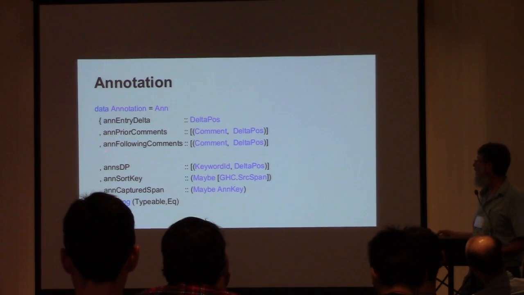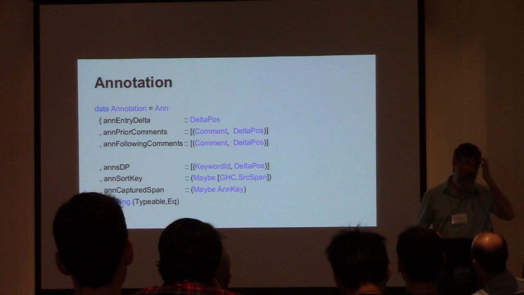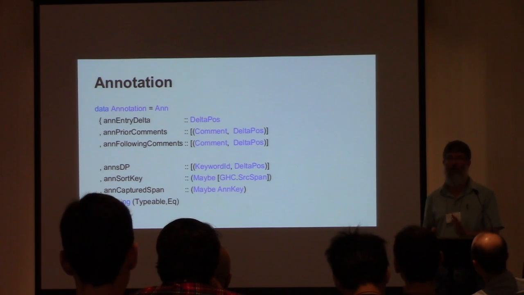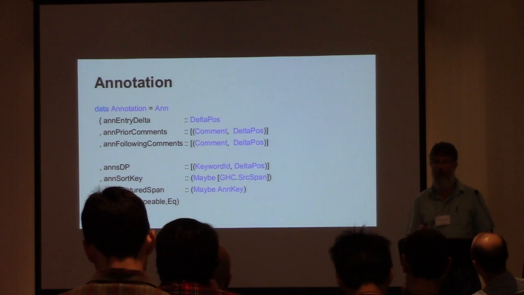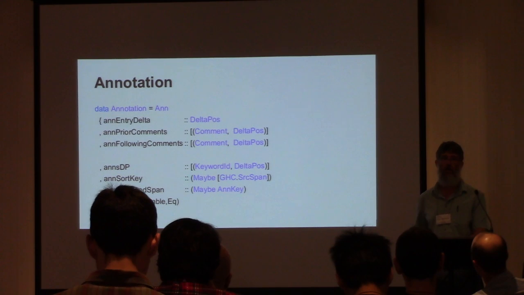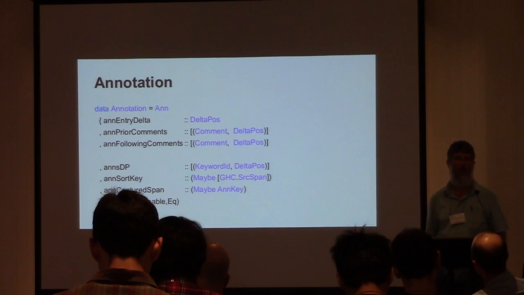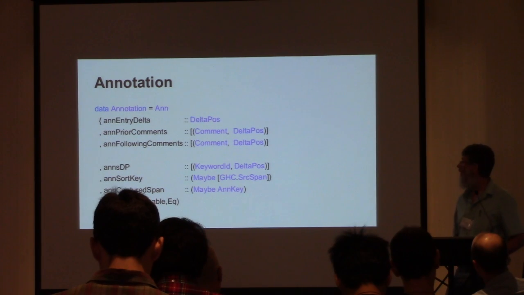Now, the first 3 fields deal with the local context. That defines the top left point of the annotation, the piece of the AST being annotated. If you set the top left point, everything below that will just flow off as expected. And that gives you your complete relative location. So you can take a piece of the AST, plug it in somewhere else, provided you set the top left point, it's going to flow through. The entry delta,